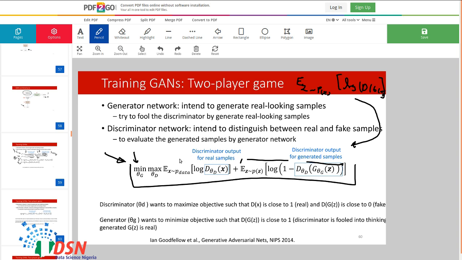So this is a min-max game. We have a minimization and a maximization, and we should do this simultaneously.